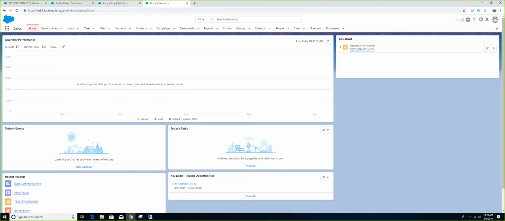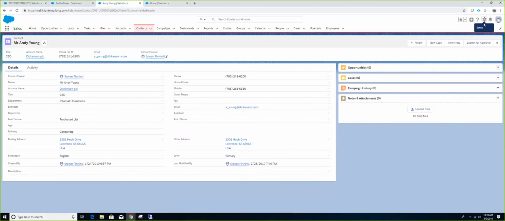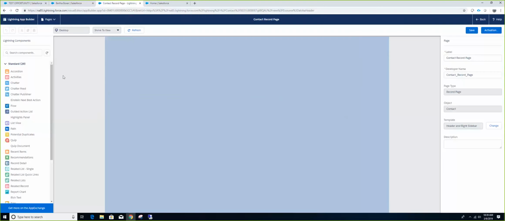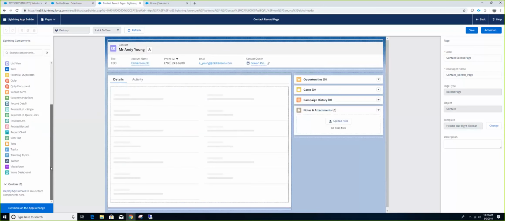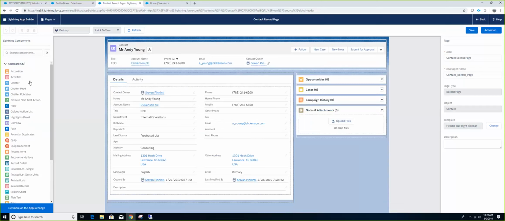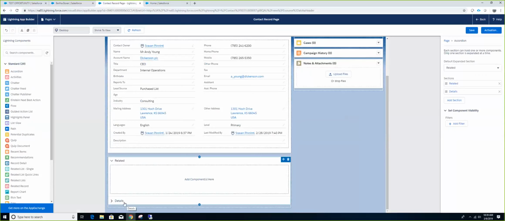So if you are trying to prepare for an App Builder exam, things will be like this. The questions will be around, okay, what are some of the standard components that are available, like accordion, maybe accordion. I didn't try this before. Oh, okay. So related can be like this. Oh, this is good too. So you can add